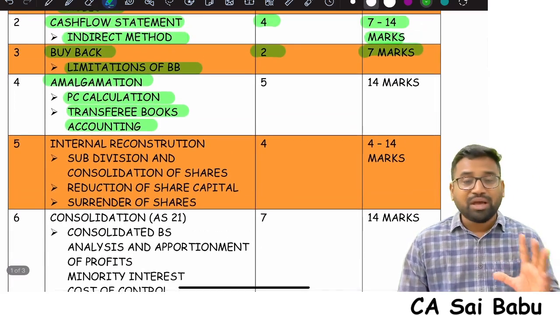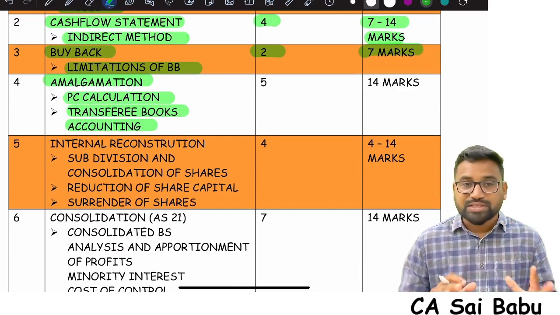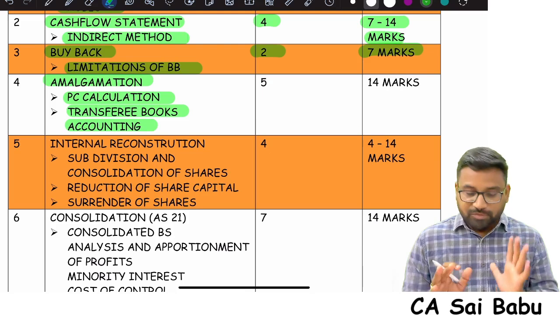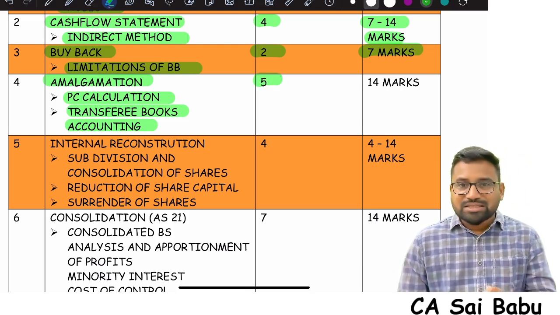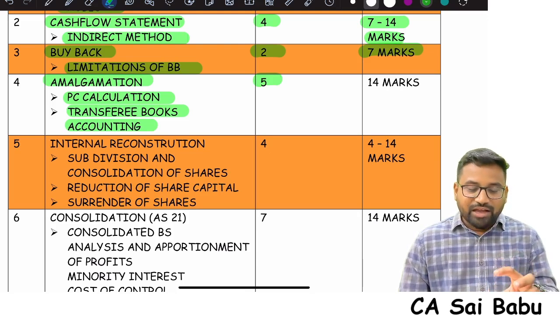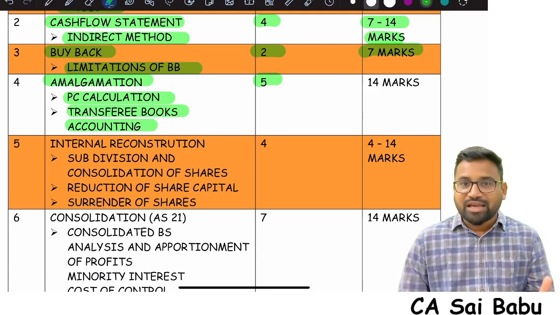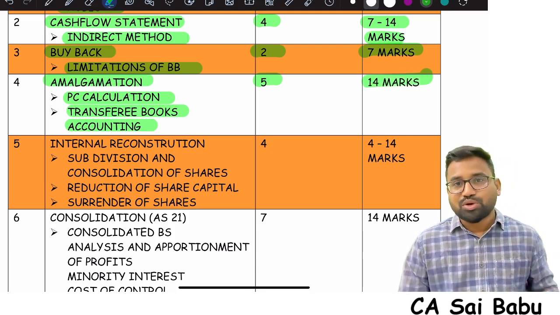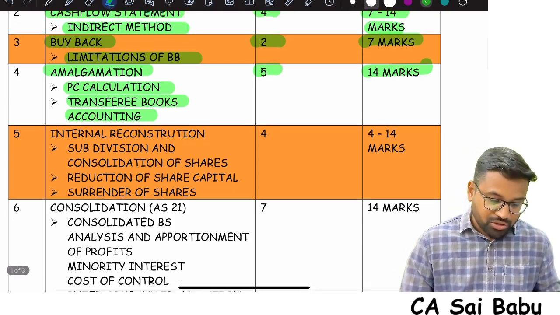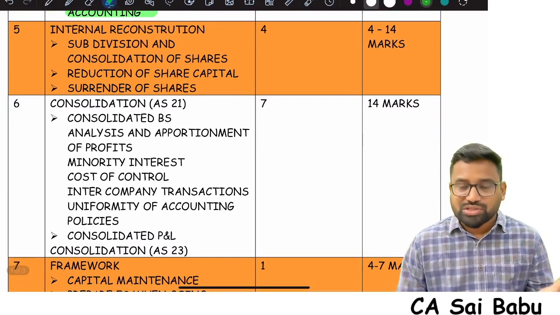Again, please see my revision marathon video to complete the entire chapter of amalgamation with concepts in a quick span of time. Okay, and 5 hours is what I'm allocating. These timings I allocated according to my judgment and knowledge. So depending upon the student's requirement, they can add 1 hour or reduce 1 hour. Okay, a 14 marks question is what they generally ask from amalgamation. Of course, relating to purchase consideration, they can ask an individual question also.